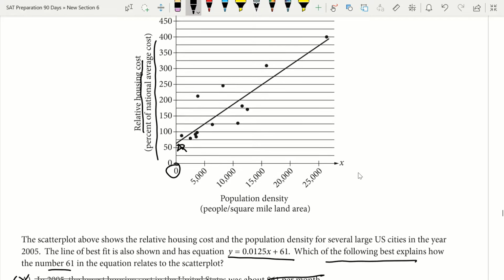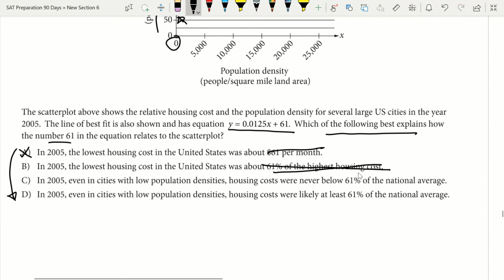Okay, so it cannot be $61 per month, and it can't be 61% of the highest housing cost. So option C: in 2005, even in cities with low population densities, which is what that reference to this 0 here is, housing costs were never below 61% of the national average. Okay, we know that it's possible that there are some that are below that 61% of the national average because